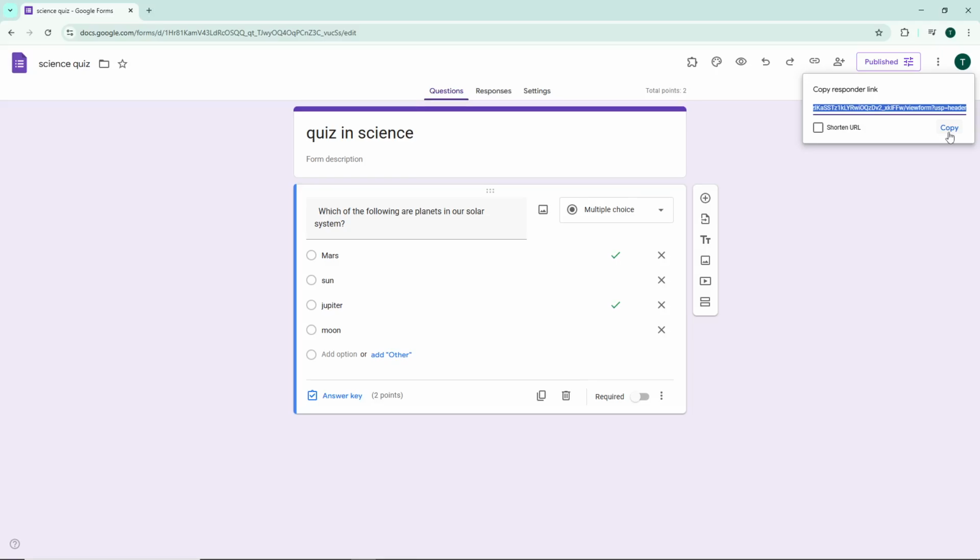And that's it. You've successfully fixed the Google Forms permission error and your form is now accessible to anyone you